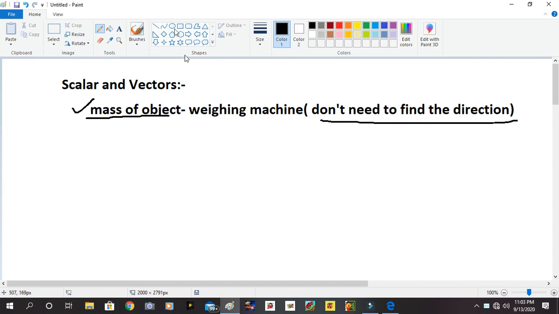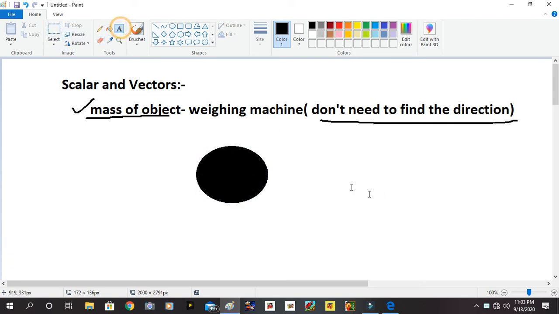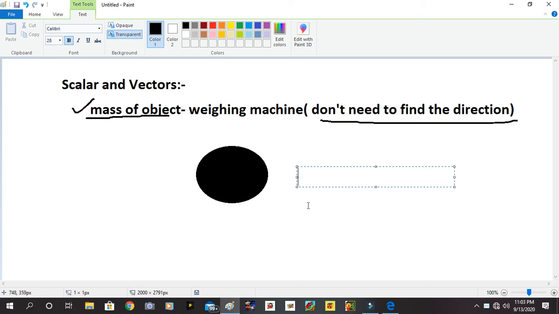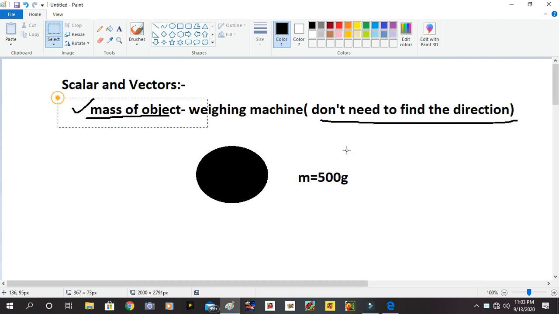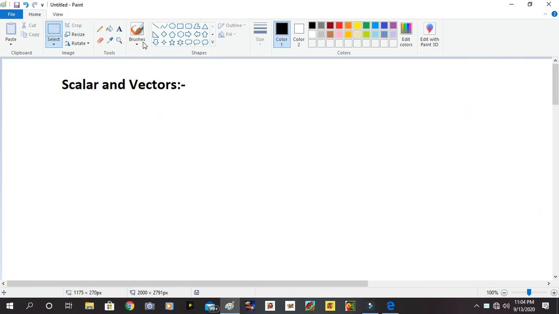So if I want to find out the mass of any spherical object, if this is a sphere, however I have kept it, its mass, say m, is equal to say 500 gram. Then how you hang it, how you suspend it, it does not make any kind of difference to measure the mass of the object. So when we discuss what is a physical quantity, then already you know that when we measure anything, then that measurement leads to the term physical quantity.